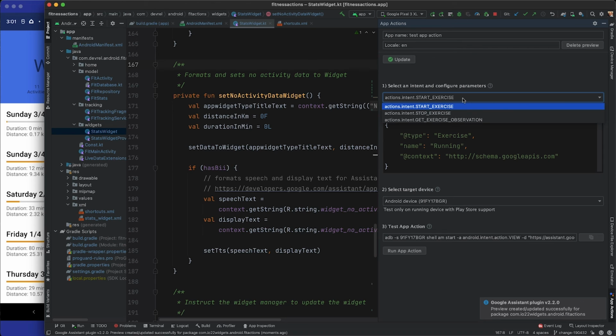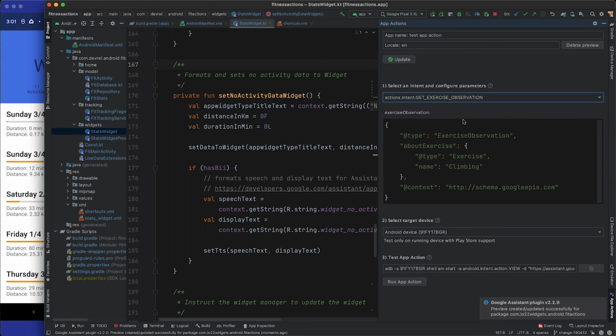In the Exercise Observation box, we update the default climbing with the value running. Now, we click Run App Actions.